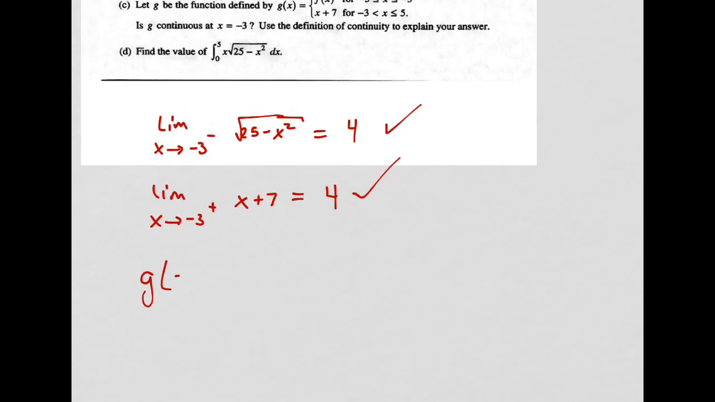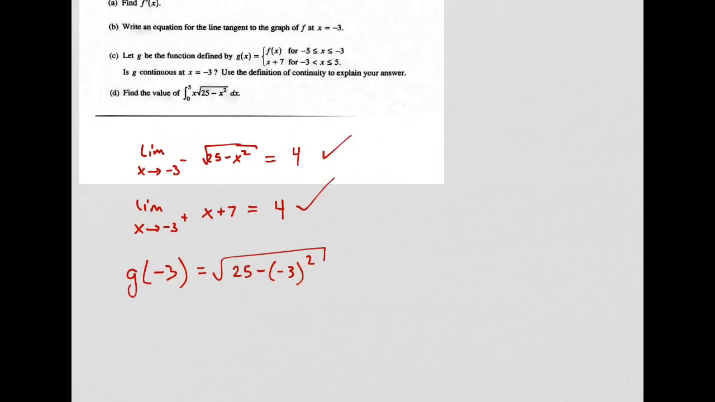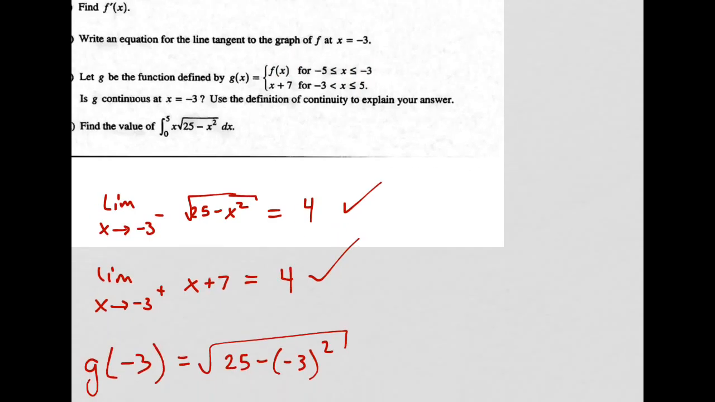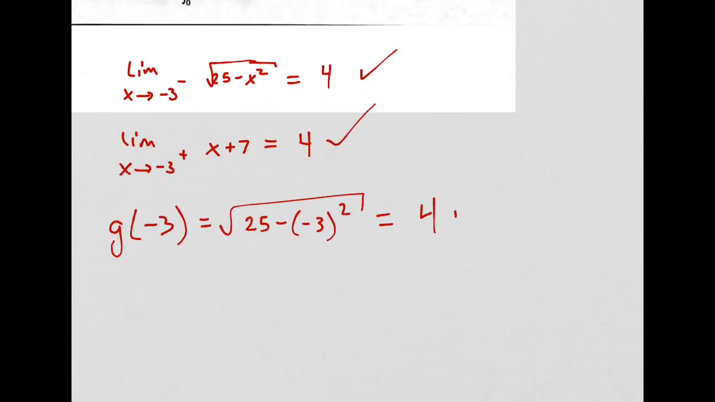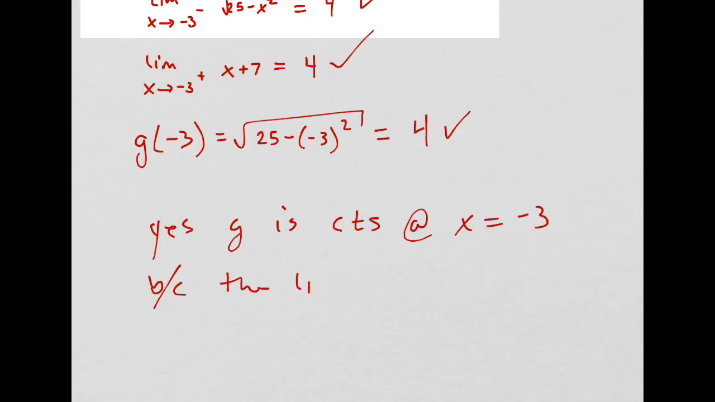And then if I say g of -3, that just means I plug in the -3 to my function, right? Because when I plug in -3, it's equal there. So I plug in -3, that means I'm plugging it into f, and I already did that, and that does equal 4. So I'd say, yes, G is continuous at x equals -3 because